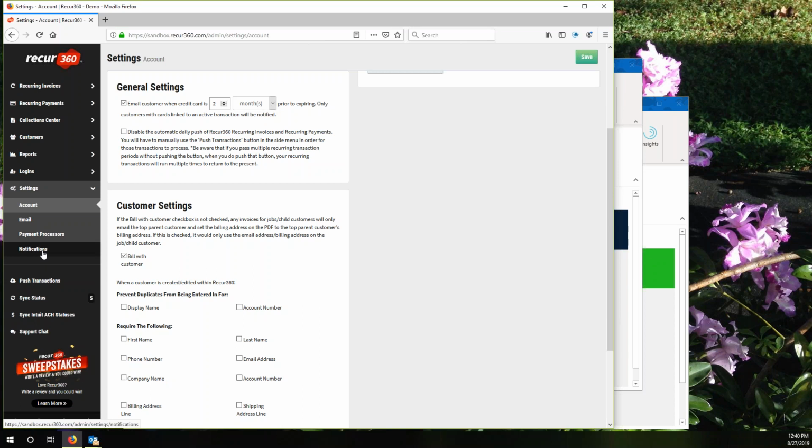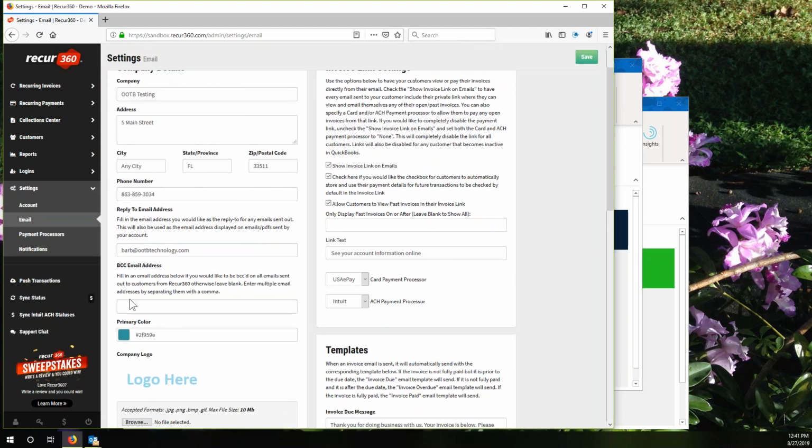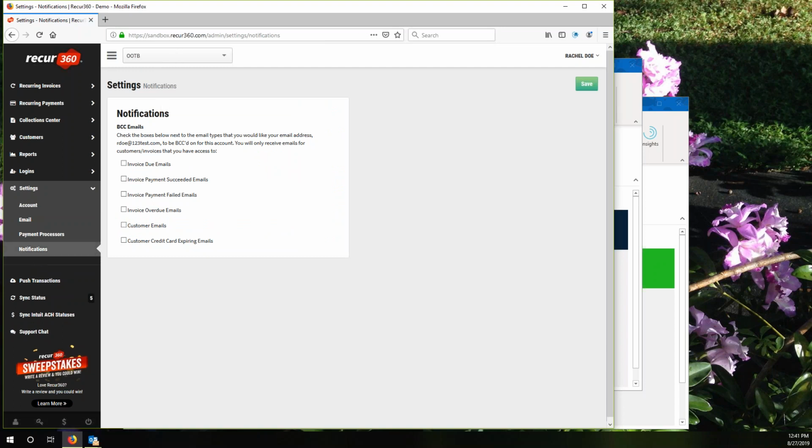Next, back under the settings menu again, let's talk about the notifications menu because that's a new menu under settings. That gives you the ability to blind carbon copy other user logins to certain types of information. Normally, under your email settings, you're going to put a blind CC email address that gets a copy of every email that goes outside of Recur360. Well, obviously, if you have user logins, you might want to copy them on certain kinds of information that they would have access to. So under the notifications of the user that's logged in, I'm logged in as Rachel,